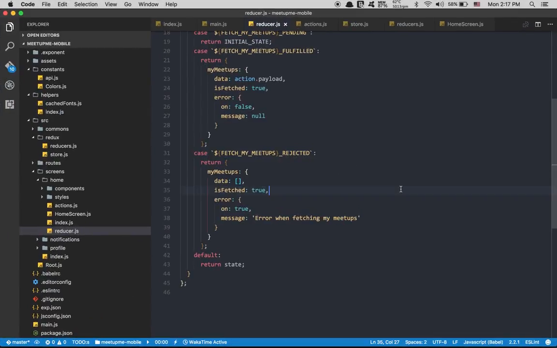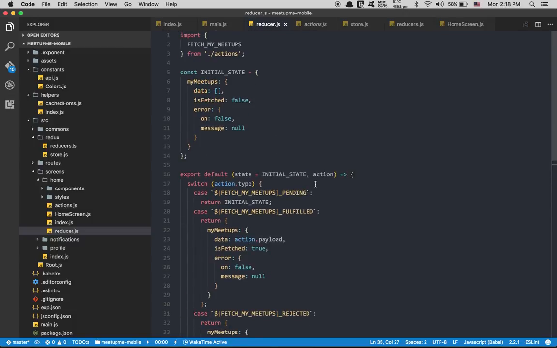So that's it. That was the video for today for Redux. Next video, we're gonna add Native Base. This is like Bootstrap for React Native, and we're gonna play with the form for adding a new Meetup. So I hope you learned a bit, and you saw how I